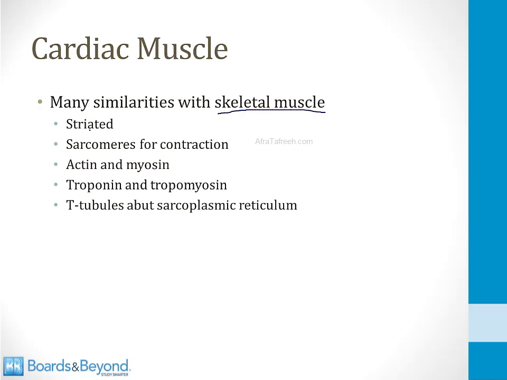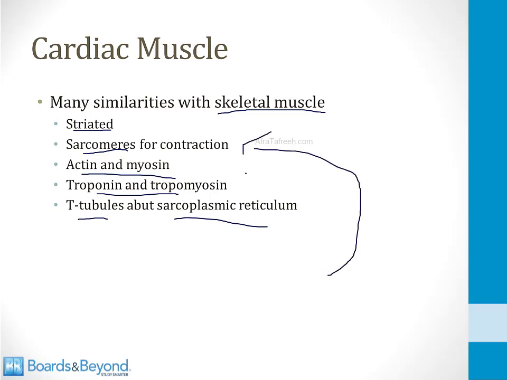Both cardiac and skeletal muscle are striated. They both contain sarcomeres and actin and myosin and troponin and tropomyosin, and they both have T-tubules that abut the sarcoplasmic reticulum. And I talk about all these things in detail in the video on skeletal muscle. What I'm going to do in this video is focus on the differences between cardiac muscle and especially what makes